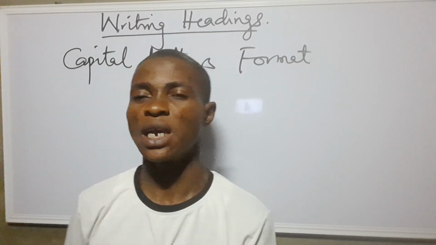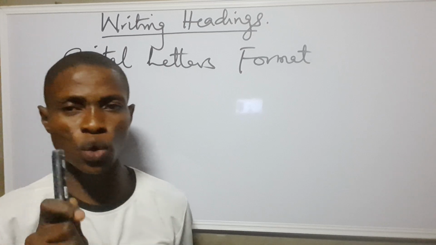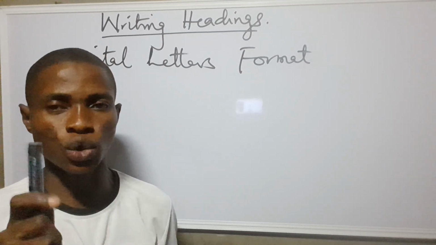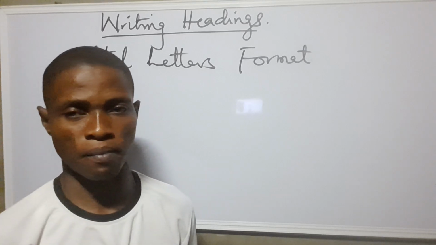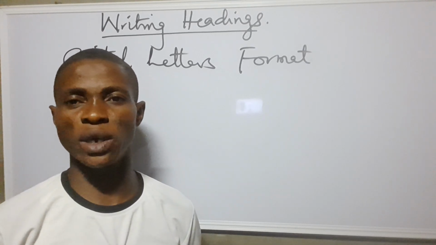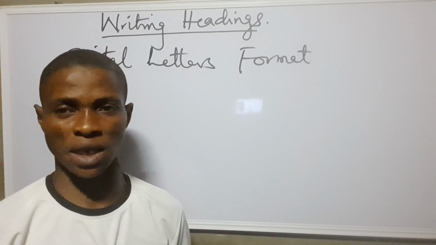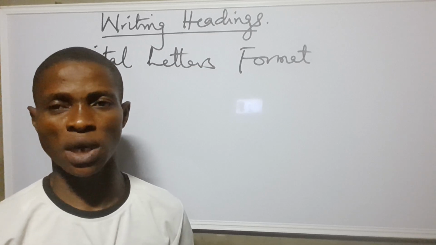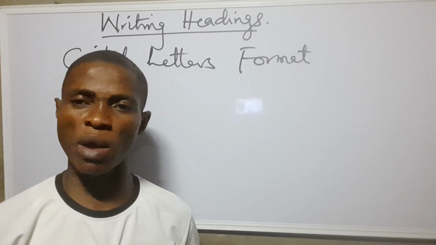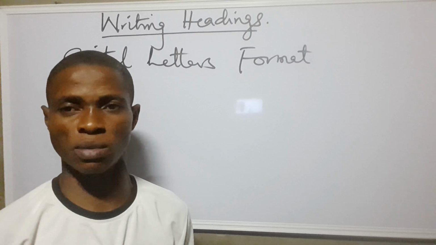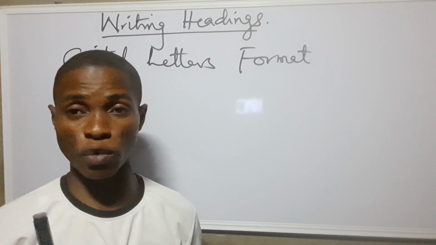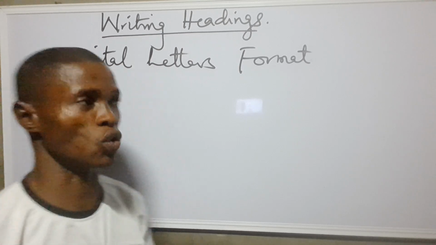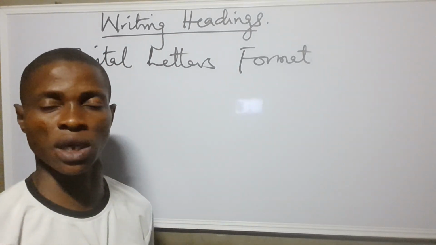Number one is that if you're writing a title in capital letter, you should ensure everything you write is in capital. At the same time, you should not underline. Anytime we write a title in capital letter, we should not underline it. That's the first logic. The second logic is that you should not put an end mark. What do I mean by the end mark? Probably the full stop, the question mark, or what have you. Basically, the full stop that we add to the end of a statement. You shouldn't add it to a title written in capital letters.